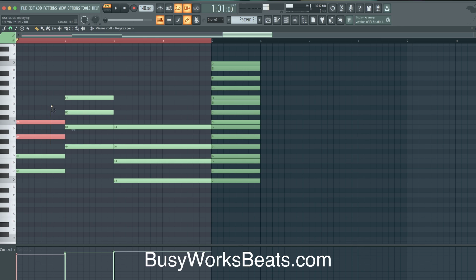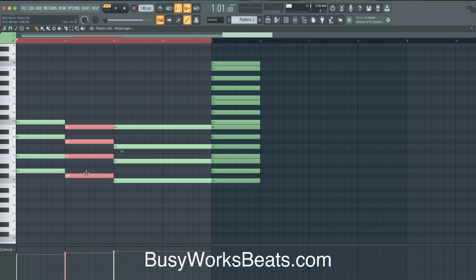So what you could do is pull this down 6 semitones. 1, 2, 3, 4, 5, 6. This is called a tritone substitution. We call it tritone substitution because we're pulling that dominant chord down a tritone, which is 6 semitones. And because these notes are in common, it has a nice sound, and everything else drops a half step.